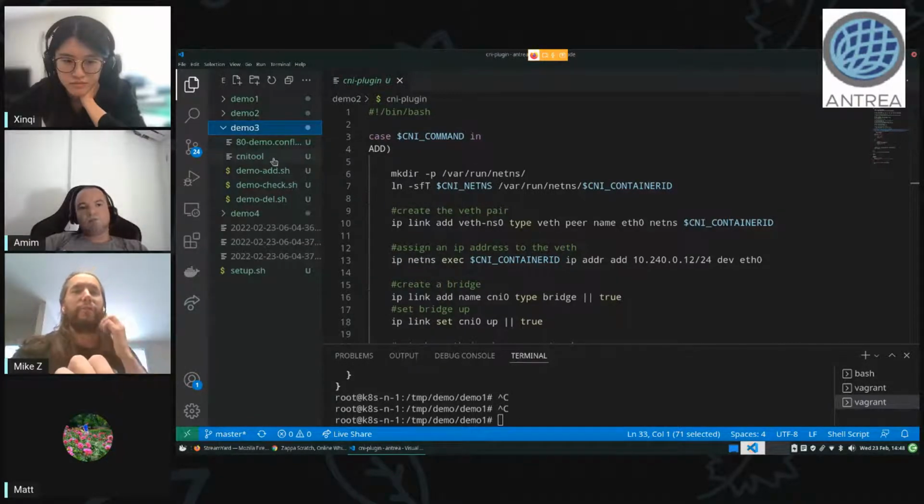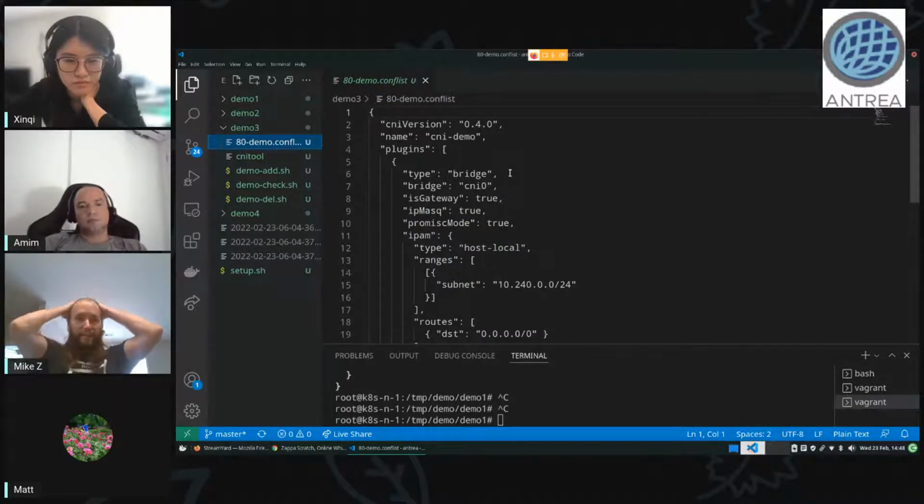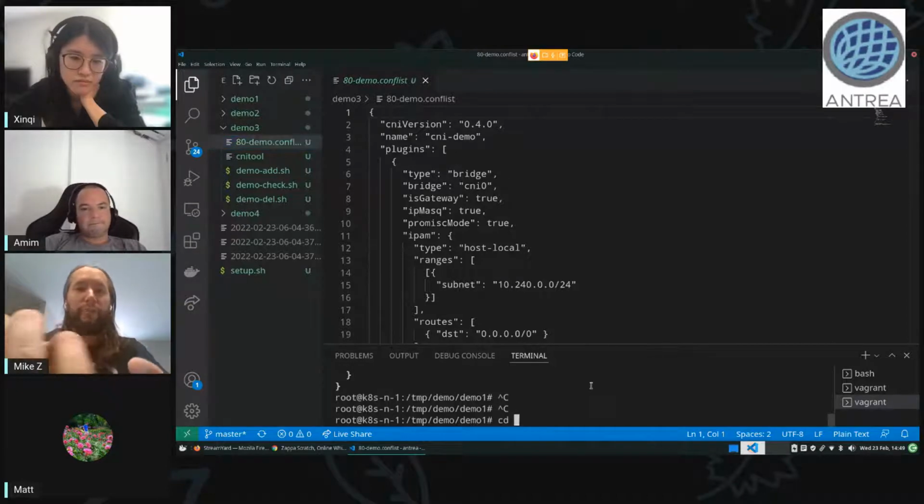The one thing I want to hit on is I want to utilize the CNI tool. And the CNI tool is something that the CNI maintainers